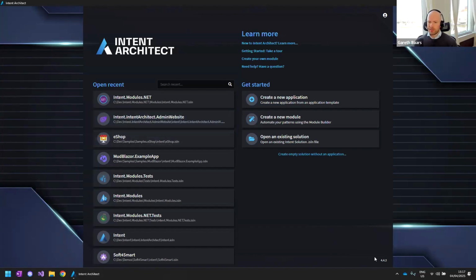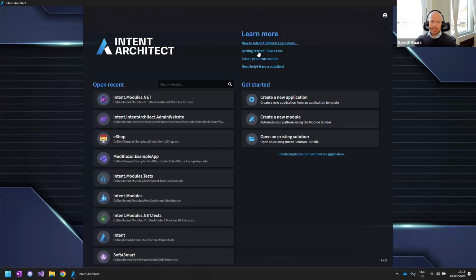The second thing that you'll notice is that this is version 4.4.3 of Intent Architect. To give you guys an idea, we've been building this platform since 2015. We've had a dedicated team of some really smart engineers that have been building this out over the years, and we have far exceeded what we originally set out to achieve as a business. So I'm really excited to take you guys through this particular version of Intent Architect because it's got a lot of very, very cool features that I'll be able to show you guys today.